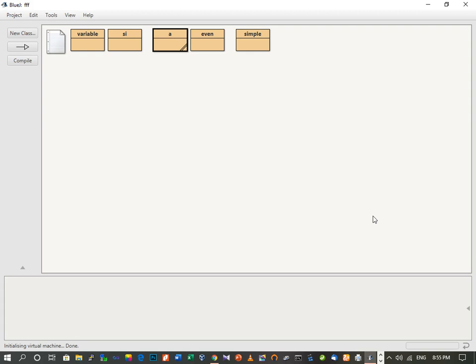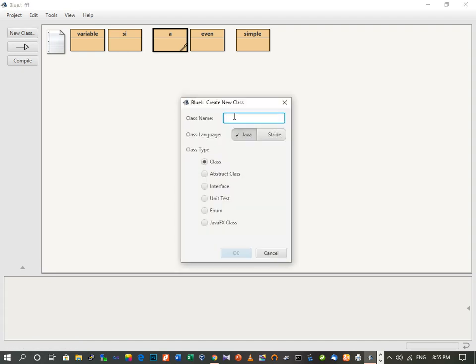In this video, we are going to study how to implement multiple conditions using if-else statement. For this, we will create a new class and we provide a class name. Suppose the class name is result. We are going to display result, means depending upon the marks of the student, we are going to display whether the student got first division, second division, distinction or passed. So that's why I've given a class name, that is result, but that is up to you. You can put any name.